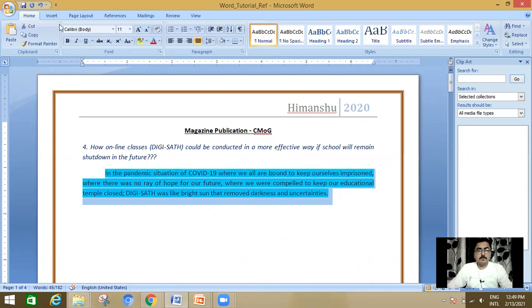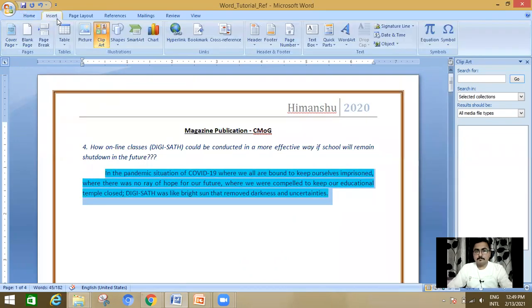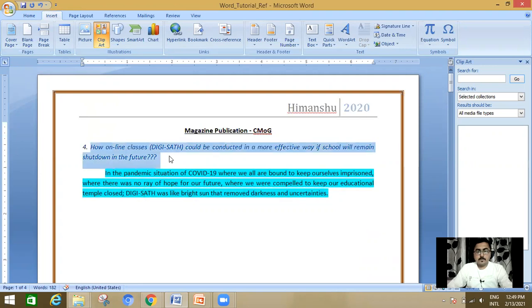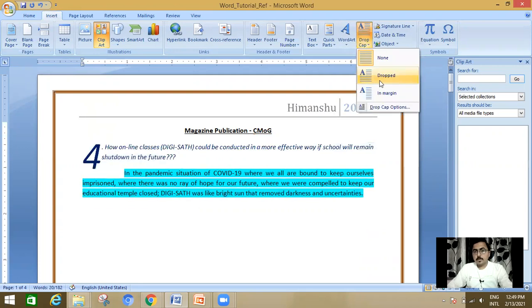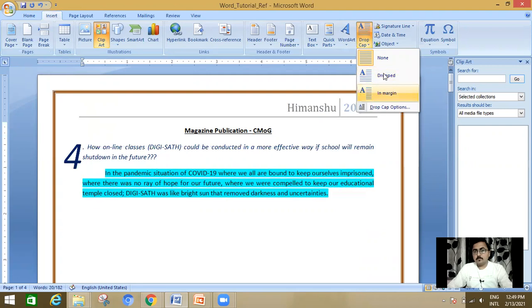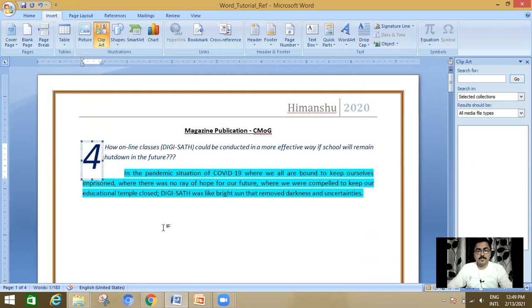Click on the paragraph, go to insert tab. Okay. Click on drop cap and then choose a particular design, whatever you need. Now, here you can see that a 4 will now appear big. This is the advantage of drop cap.